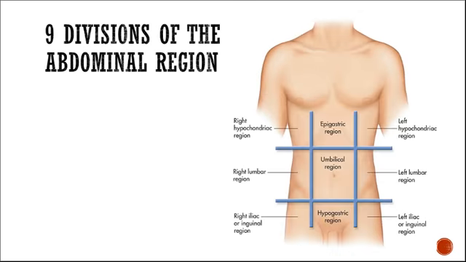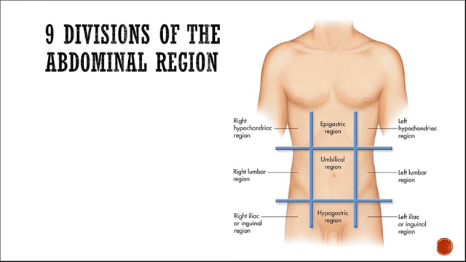We can also further divide our abdominal area into 9 divisions, and this gets a little more specific, which is good because there's a lot going on in our abdomen. So you'll see the divisions on here: the right hypochondriac, the epigastric, the left hypochondriac, the right lumbar, the umbilical, the left lumbar, the right iliac or inguinal, the hypogastric, and the left iliac or inguinal. The belly button is located in that umbilical region. If you think of your umbilical cord, your umbilicus is the name for the belly button. It all kind of starts to come full circle.